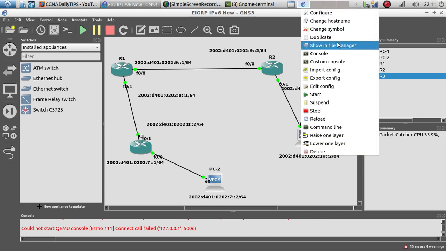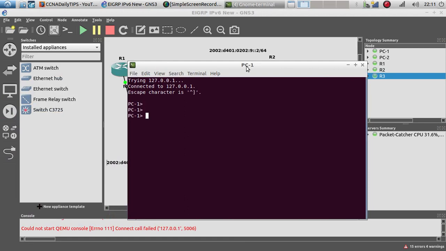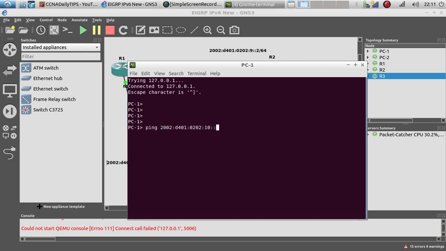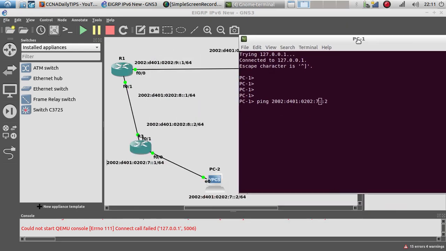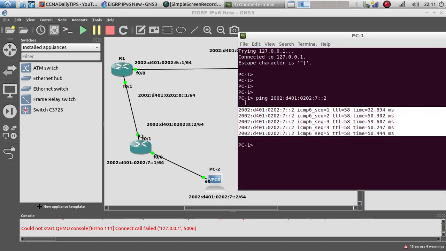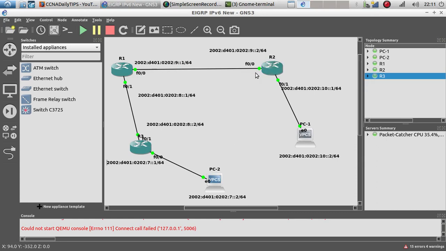See if we are able to ping PC 2. So let's go ahead and open this console, and let's do ping to, I believe it's 7 for PC 2. Yep, so 7.2. Here we go. So we are able to ping PC 2 from PC 1. Okay, so that's working correctly. Now, since EIGRP IPv6 is working, let's go ahead and create